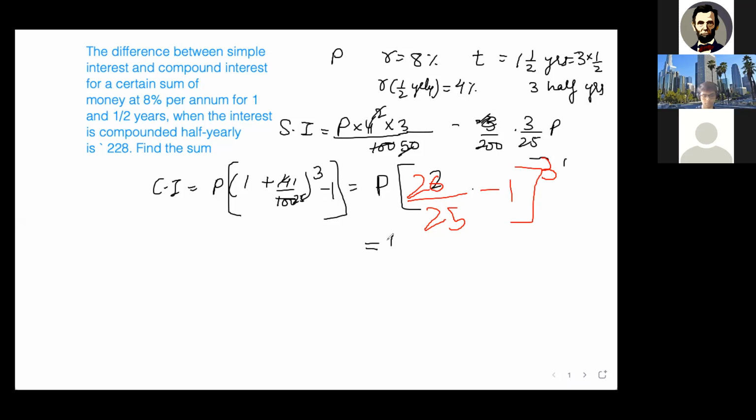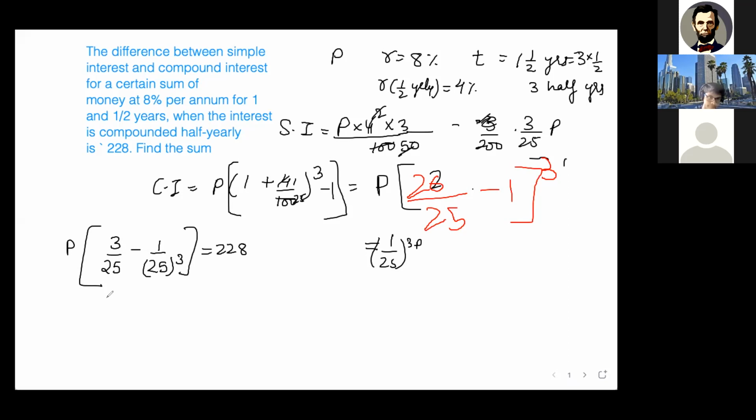This is actually 1/25 whole cube into P, right? 26 minus 25, so according to the question this is 1 by 25 cubed, which will be smaller. So let us write down 3 by 25 P outside minus 1 by 25 cubed, okay, is equal to